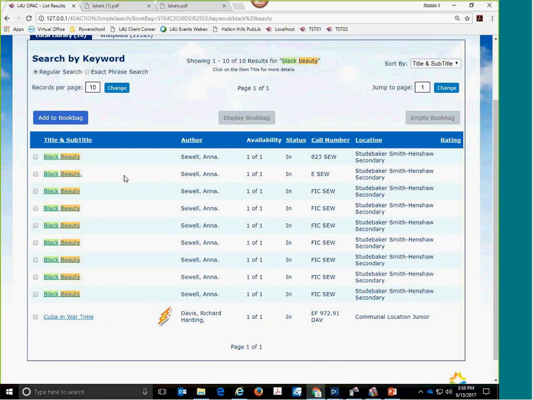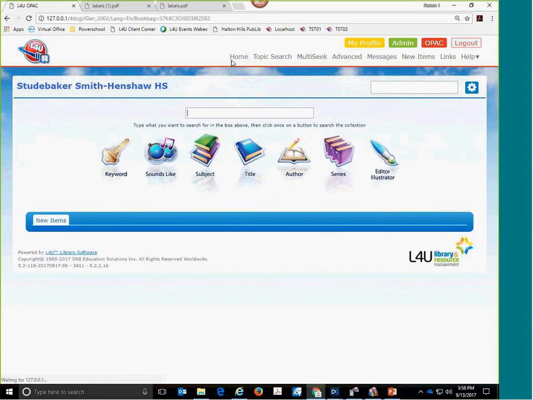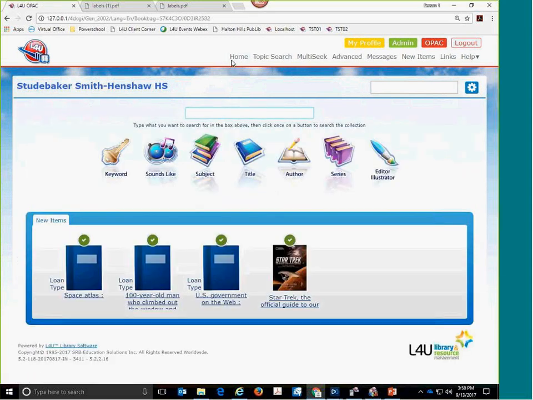If it didn't find anything like a title, then it starts trying to do some magic with those words you typed in the keyword thing, where black occurs in the title and the subject. It's in the documentation how L4U performs these searches. But suffice to say, L4U does its best to fit what the end user is typing and show some search results. That was real simple, but if you've been around people when they're searching,